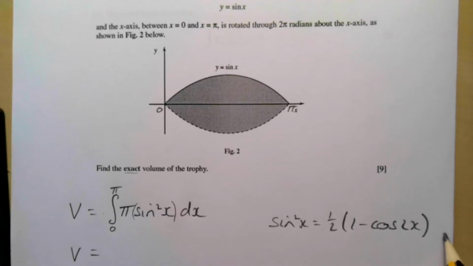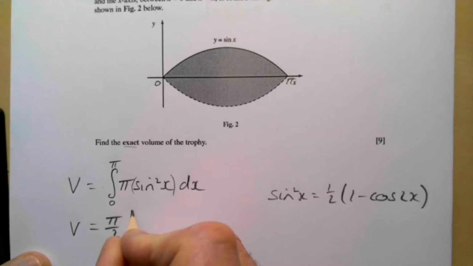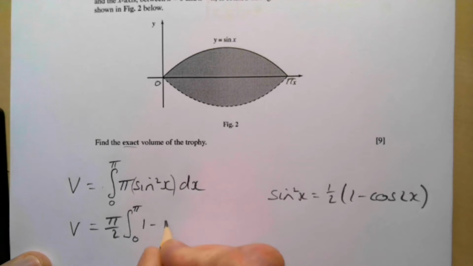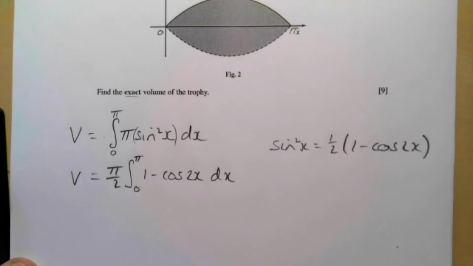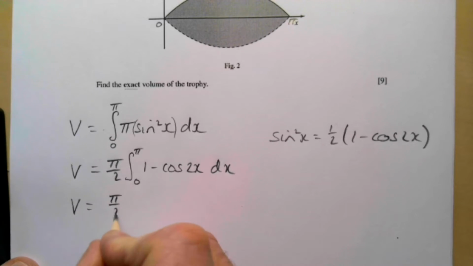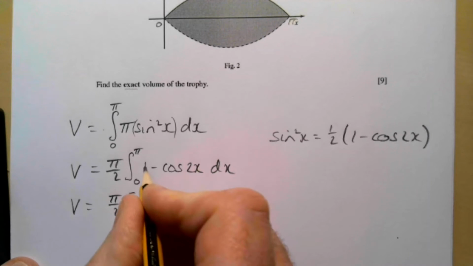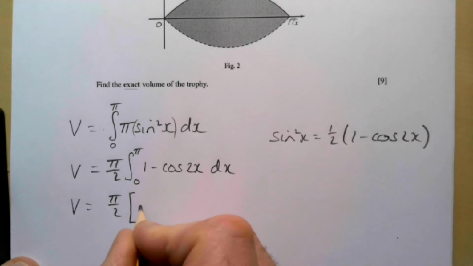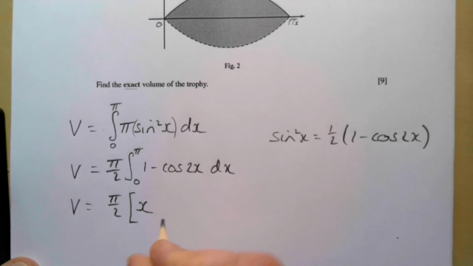So now my volume is then going to be, I'm changing this here for this here, and you see there's a half in there, so I'm going to take the half and the pi out the front, so that's going to be pi over 2, between pi and 0 of 1 minus cos 2x dx. We're now at a stage where we can integrate, so my volume then is going to be pi over 2, integrate the 1 with respect to x, I get an x,